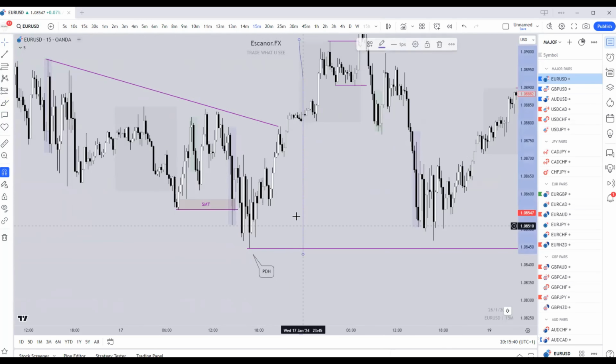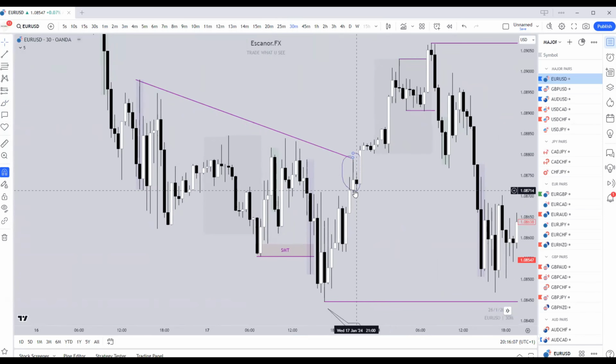So the reason is we give them a reaction. Do you see here? Let's check the 30-minute. So we give them that rejection and we give them that doji candle. A lot of retail traders consider the doji candle specifically,